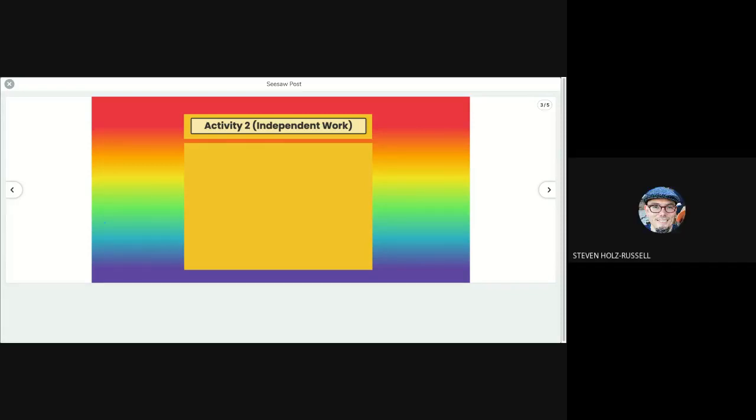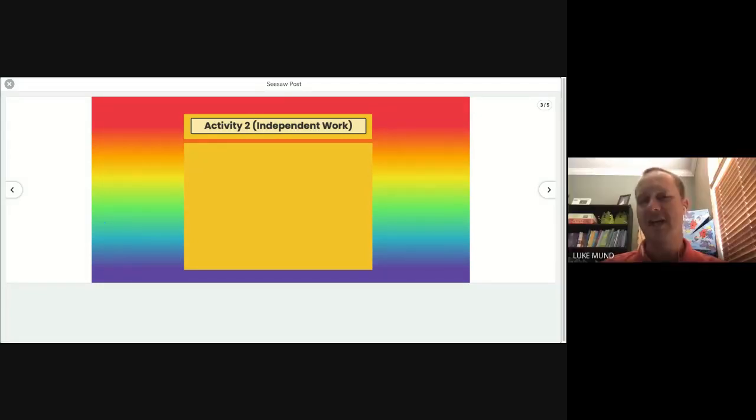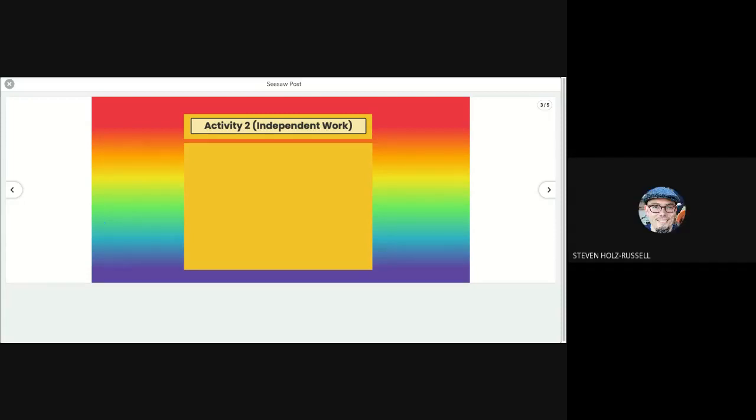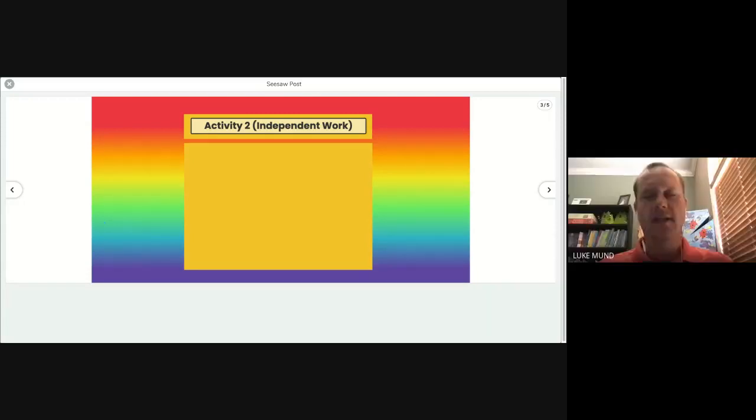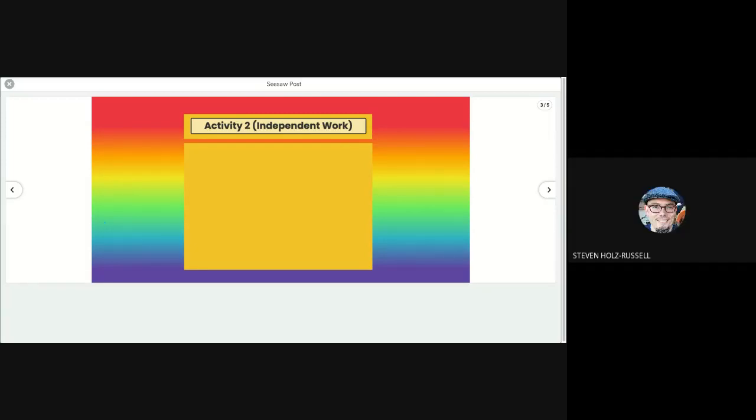So I actually have an even more specific, simple question. If you create something in your teacher example, is there a way to easily duplicate that and add it to a student sample, to your student response? Not that I know of. I wish there was. I mean, you can copy and paste certain elements, I think. Yes, you can certainly do that with text. I was trying to figure out if there's a way to do it with images.